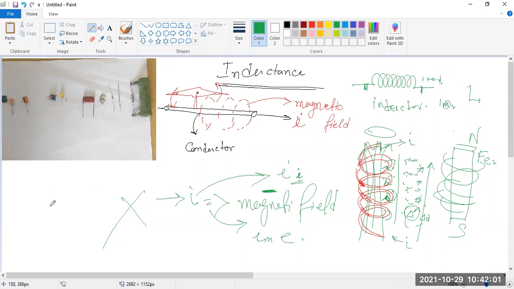Now when the condition is there, change of current, to produce inductance you have to use change of current, meaning from switching zero. Whenever the switch is off it is zero, whenever your current is switched on, it goes from 0 to its highest level. Say it is passing 1 ampere. So from 0 to 1 ampere, this is the change. Then it is storing this magnetic flux.